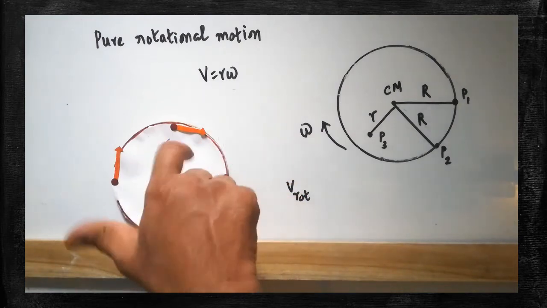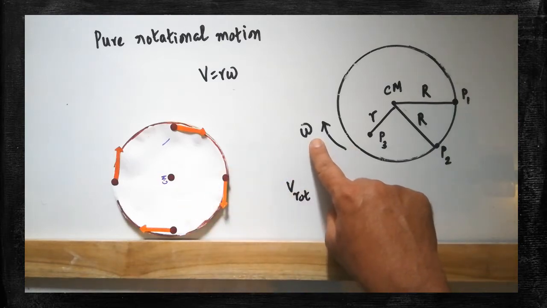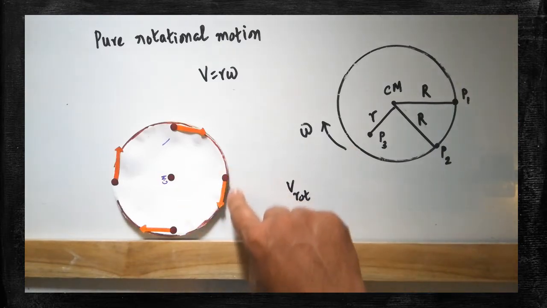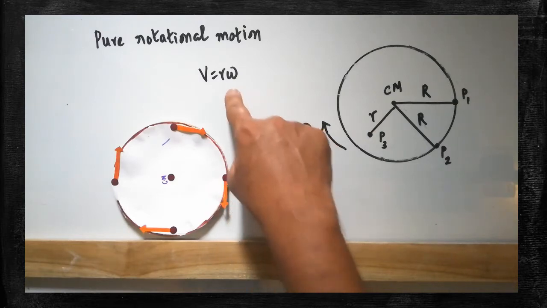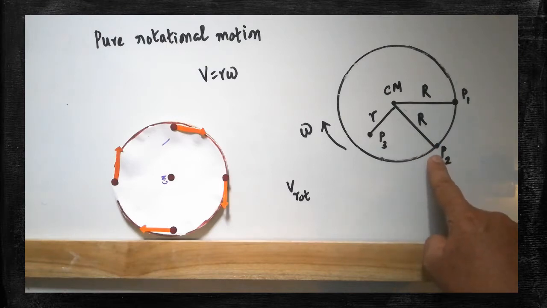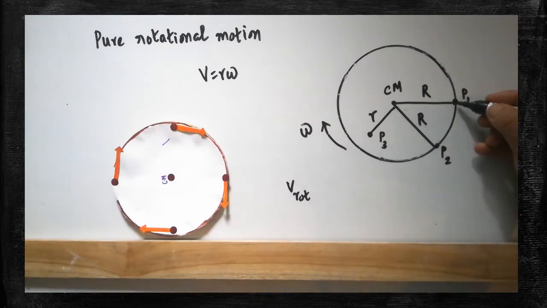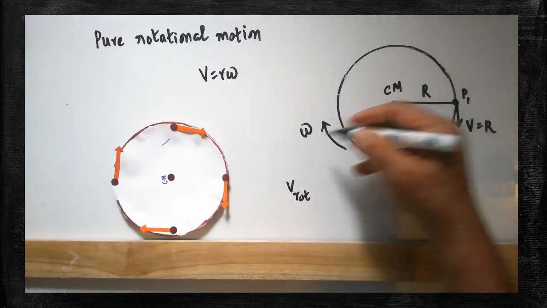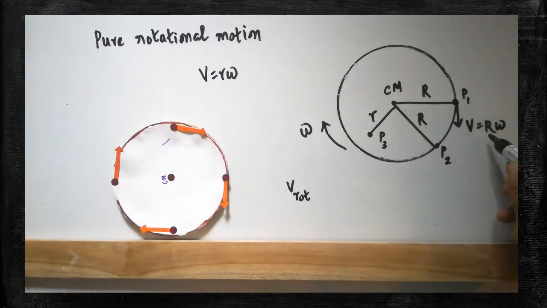Here the rotating body is rotating with angular velocity omega. To calculate the linear velocity at each point, we have to use this formula. The same thing is drawn here. If you want to measure the linear velocity for point P1, what do we have to do? We have to draw the vectorial representation here. So here we can write V, which is nothing but the linear velocity of the point P1. How will you calculate it? The radius should be multiplied with this angular velocity. So this is the formula to calculate the rotational velocity of the point P1.